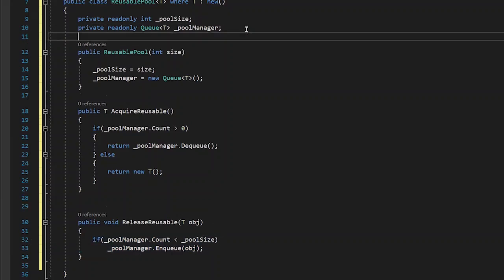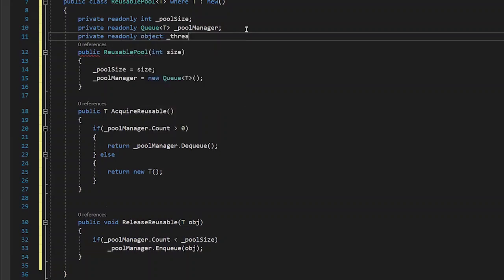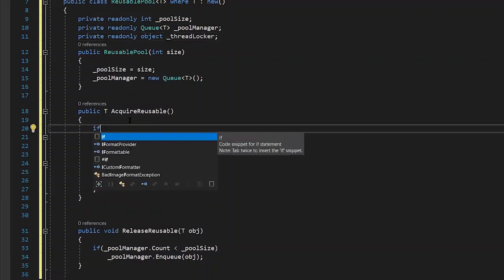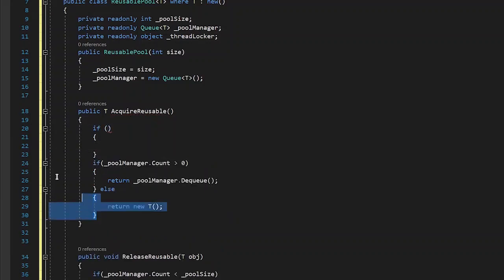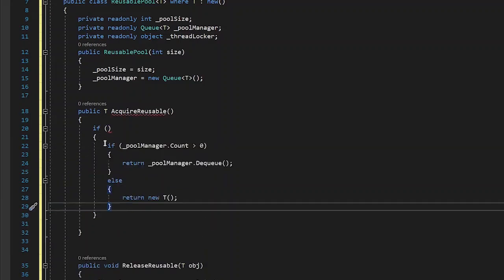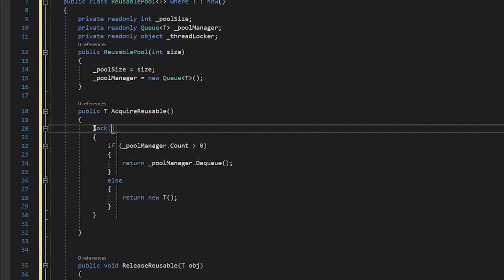So for thread safety, I will implement a small lock here, and this should happen only when the lock is acquired. So this if is nothing but our locking step.